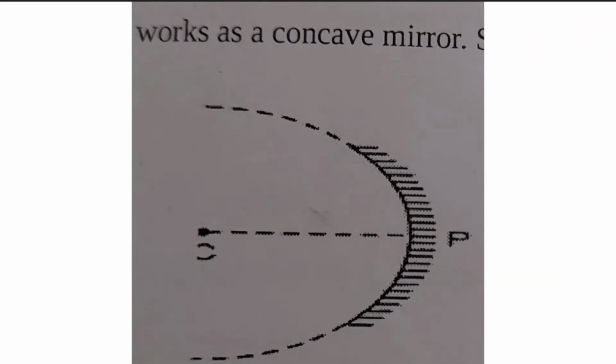The next one here, this is a concave mirror. This is the pole of the concave mirror. So here the shaded part, okay, the painted part is outside the curve. Okay, it is outside, so it is known as the pole of the concave mirror. Sometimes the shaded part can be given in the previous diagram which I have shown you. But the shaded part, if it is given outside, then it is the pole of the concave mirror. Okay, so this is how you have to remember concave and the convex mirror.